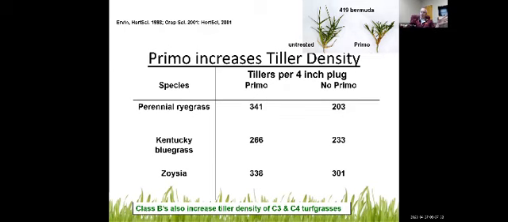They'll help with managing clipping production, etc. So you can go out with higher rates of things like Primo, and that's definitely going to help with clipping reduction. But what these things are really designed to do is to improve aesthetics and to offer stress tolerance and things like that. So they help you on the day-to-day management of clippings, but they're more in tune to managing density and color in turf,